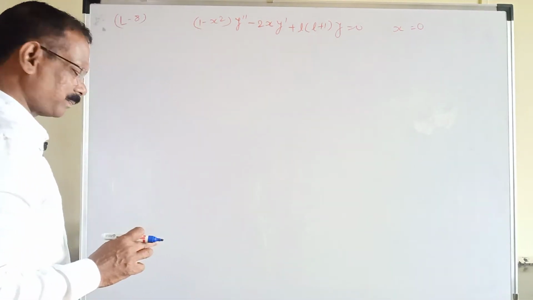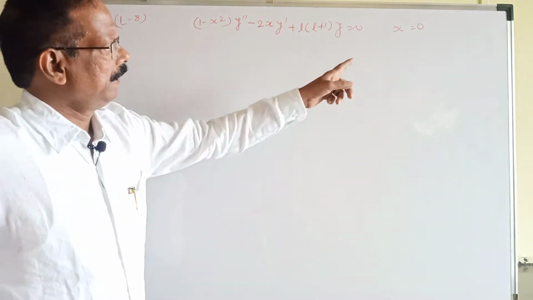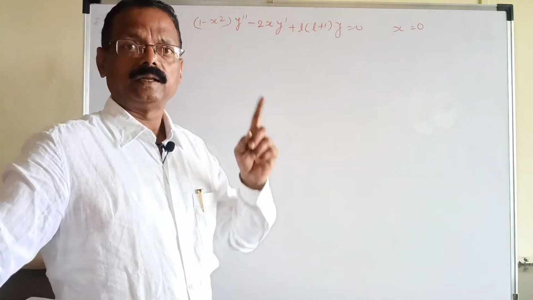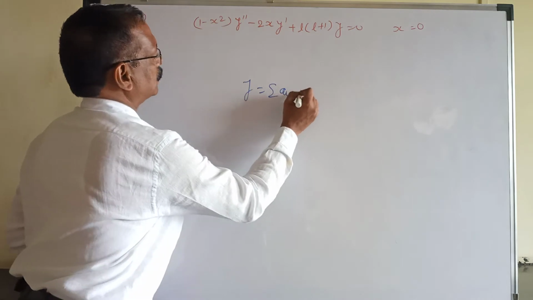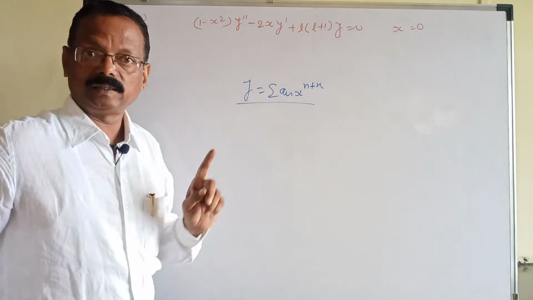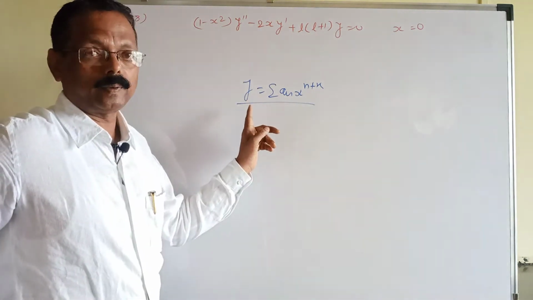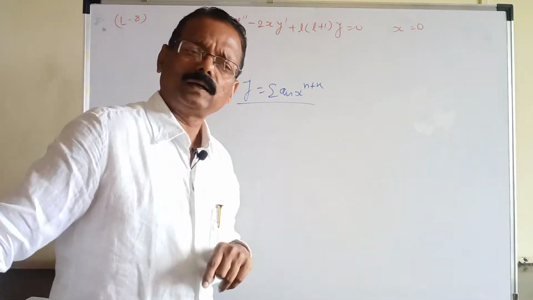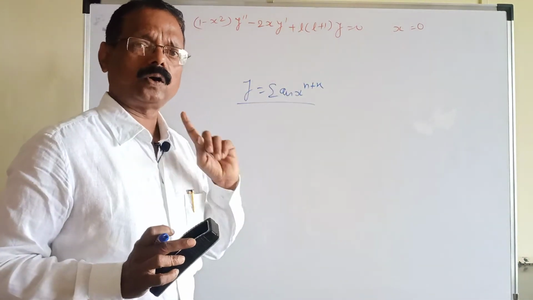First we have to see, we know what is the Frobenius series, what is the first theorem here. First we must know that x is equal to 0 is an ordinary point or regular singular point for the given differential equation. Then and only then the power series solution y is equal to summation of a n into x raised to n plus k is the solution for the given differential equation. If it is an irregular singular point, this solution is not applicable. So this solution is applicable only if x is equal to 0 is an ordinary point or regular singular point of the given differential equation. Let us check whether this point is an ordinary point or regular singular point.